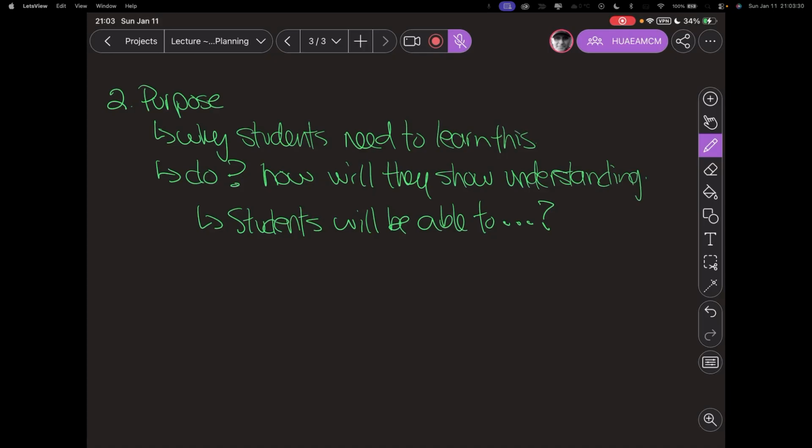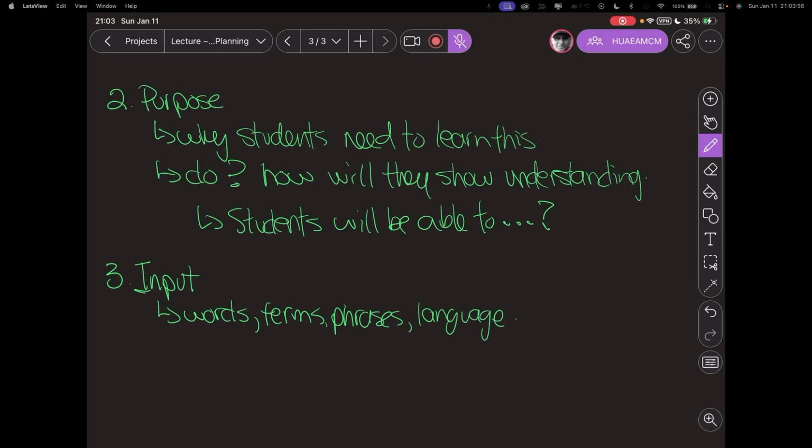So the next step, step 3 of 9, is input. Input very simply is the words, the terms, the phrases, the language that students would need to understand the lesson.